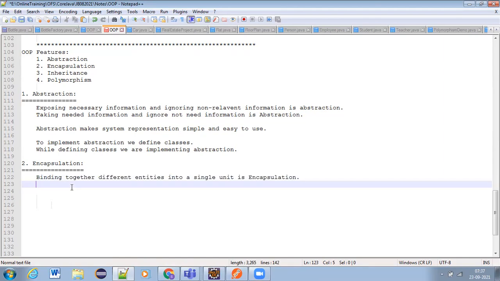In other words, we can say wrapping different entities or different things into a common or into a same unit is encapsulation.